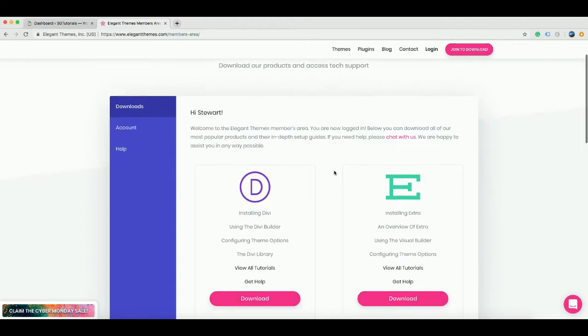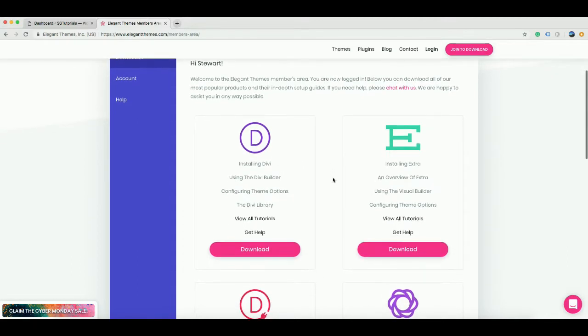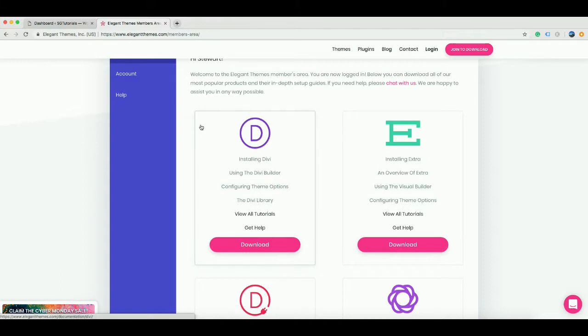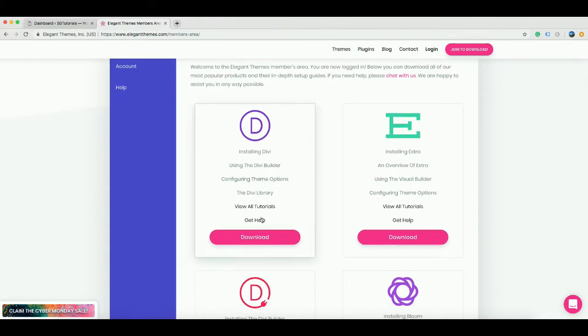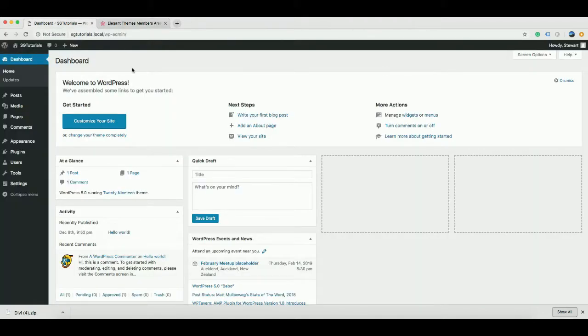Once you're here, what you'll see on your dashboard is installing Divi. It's the first downloadable option on your dashboard, because obviously it's the most popular. And now we'll pop down here and click download. Okay, now once that's downloaded, what you're going to do is pop over to your WordPress dashboard once